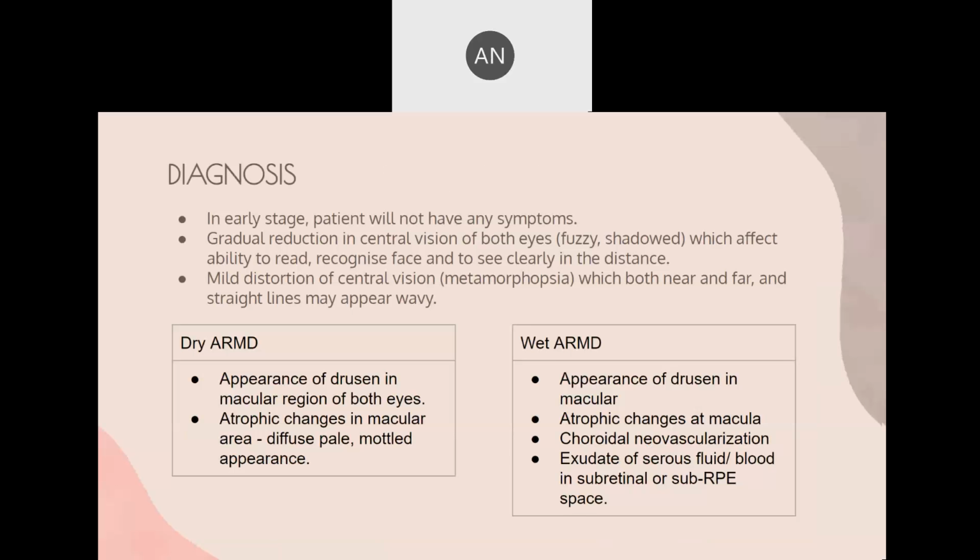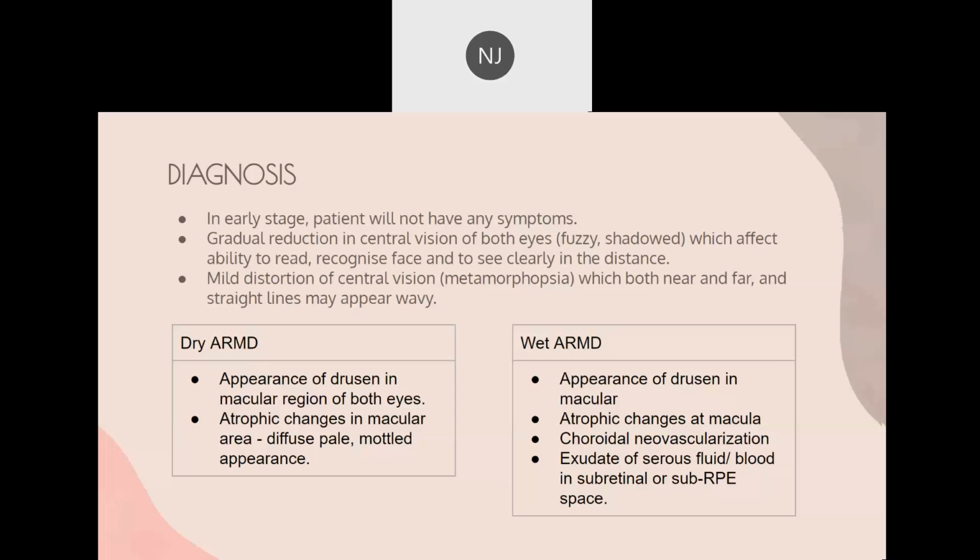Okay, next we will proceed with the diagnosis of the ARMD, which in early stage, patient will not have any symptoms, and patient may not be aware of any visual disturbance if only one eye is affected and the other is seeing well. And then there will be gradual reduction in central vision of both eyes, which will appear as fuzzy and shadowed image, and this will affect the ability to read, recognize face, and to see clearly in the distance. And there will also be mild distortion of central vision, which is metamorphopsia,